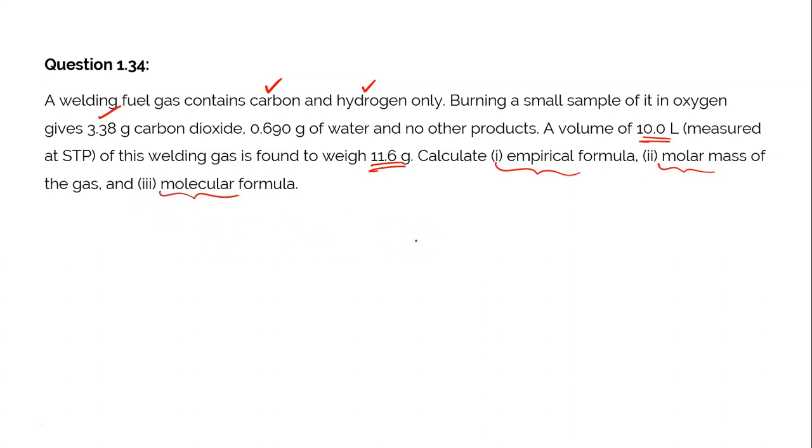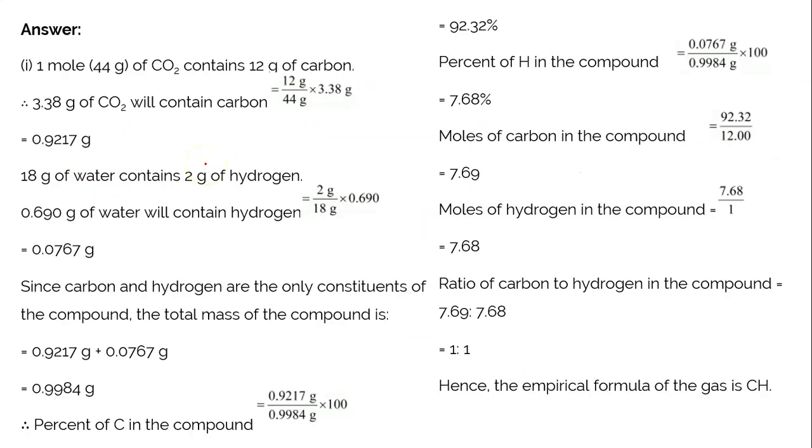In this question, if you have carefully observed, they have given us some data about percentage composition and also about the mass of the products, or grams of the products, and they are asking us to calculate the empirical formula of the reactant, that is the welding gas. Let's see how to solve this question. The solution might look a little bigger in size, but in fact it's not as complicated as we assume. So let us go one by one.